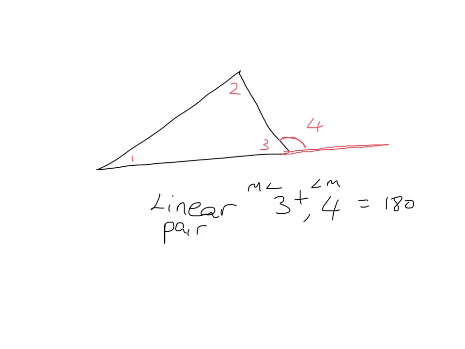because they're a linear pair. All right. But these two guys right here are called the remote interior angles. Why are they called the remote interior angles? Well, let's write that down. Those are the remote interior angles because clearly they are interior, they're inside the triangle, and they're the angles that are far away from our exterior angle. So we have an exterior angle all the way over here, and all the way remotely over here,